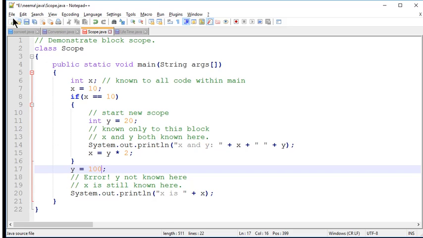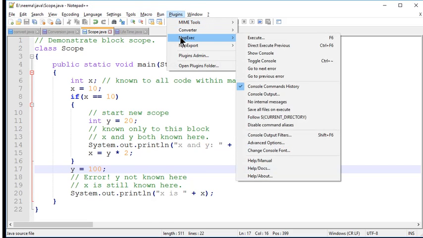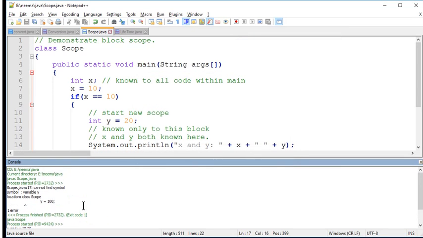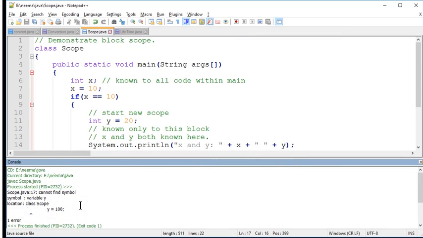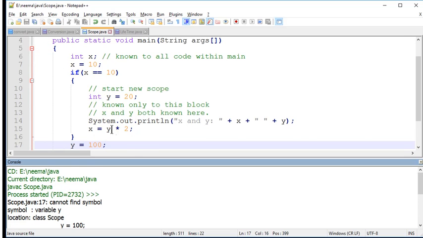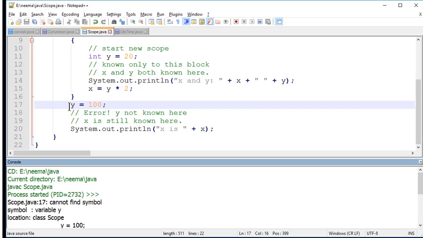Now I will check that. I am saving the program, compiling and executing it. Now we can see that at line number 17, y is equal to 100, it says cannot find symbol, variable y, location class scope.